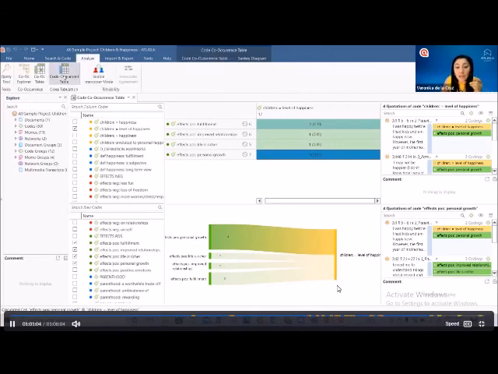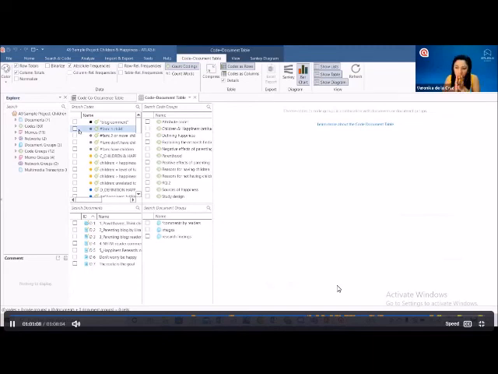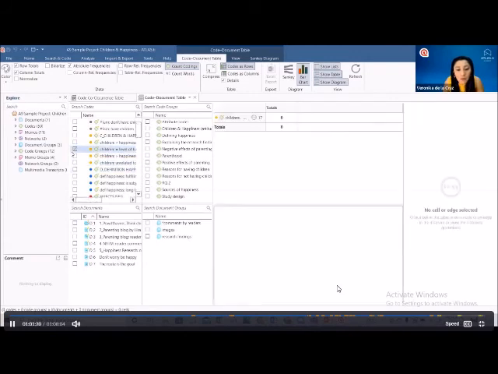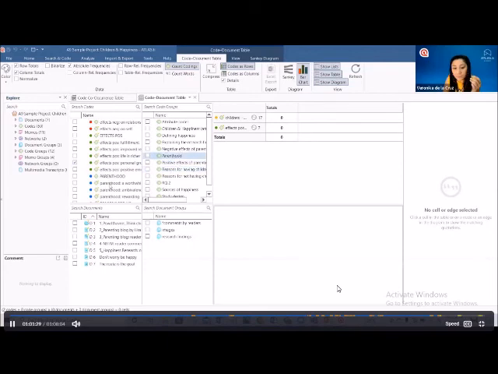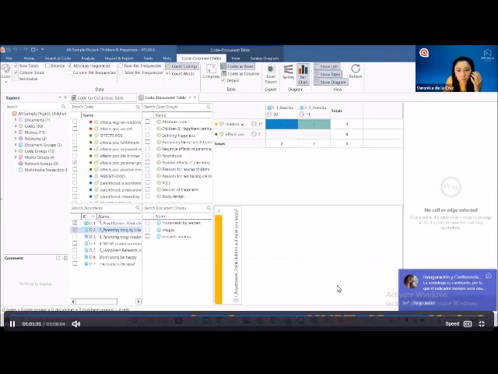If we go to analyze and go to code document table, at this time we know that we have concurrencies, how many concurrencies are there and how important is the relation. But now we want to know where exactly is the information about this concurrency. So let's go to children level of happiness, and according to the table, we have an important relation with personal growth. Let's click over the document or over the code group or the document group, and let's identify where